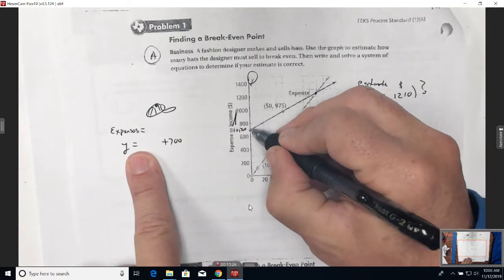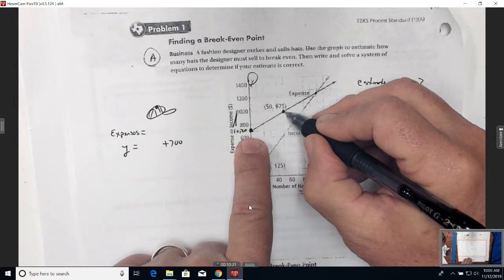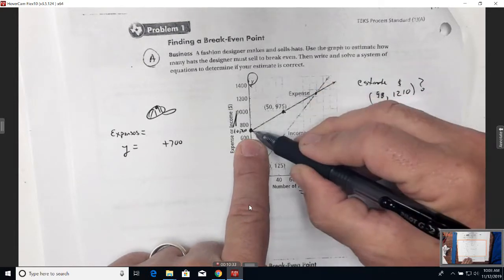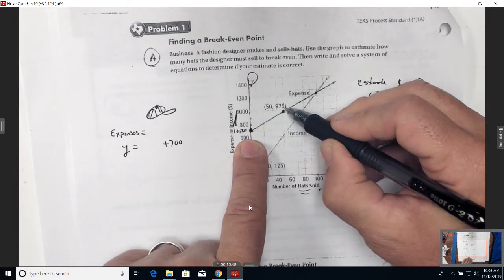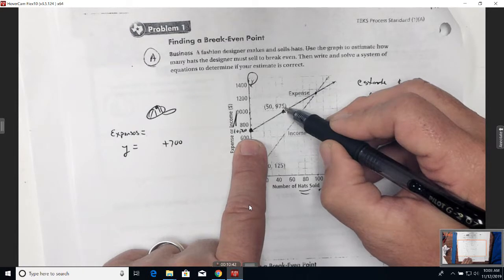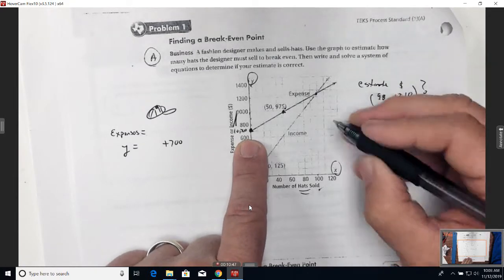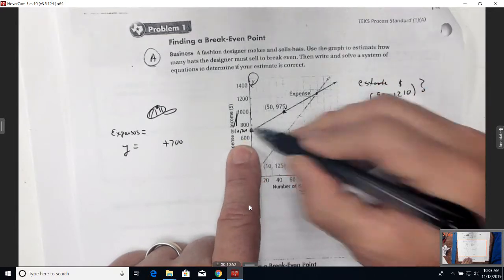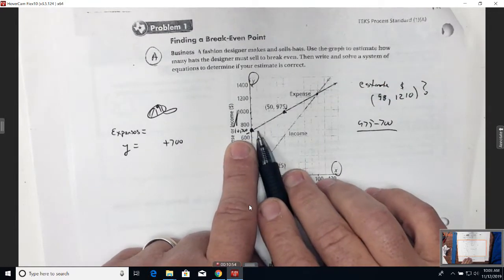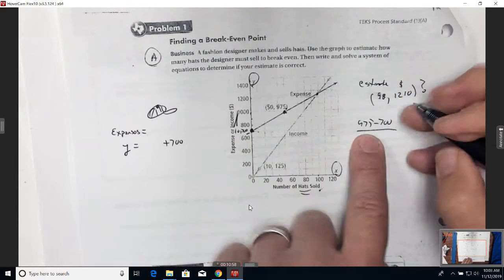So that's my y-intercept. 700 plus the slope. What's the slope? Well, if I'm from this point to this point, what's my rise over my run? I can just subtract this. I rose up 100, 200, 300. Oh, but that's a little bit below that. So how do I find out my slope? Find my change in y over change in x. So to find the slope of this, I just take 975 minus 700 and put that over. From 0, I'm going to the right. 10, 20, 30, 40, 50. So my rise would be